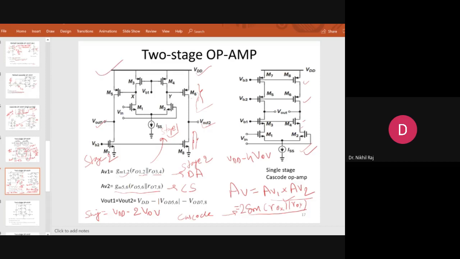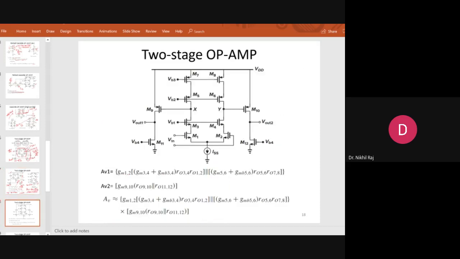So that's why in all the designs, wherever you see an op amp, they prefer a two stage design rather than going for a single stage design, and this is a very common topology used in every op amp. Okay, now further changes in that two stage op amp are done. How are the changes done?